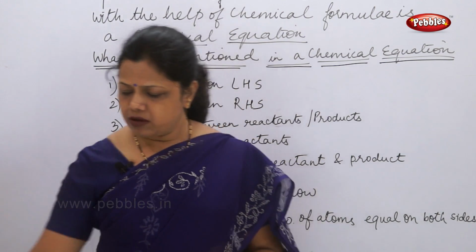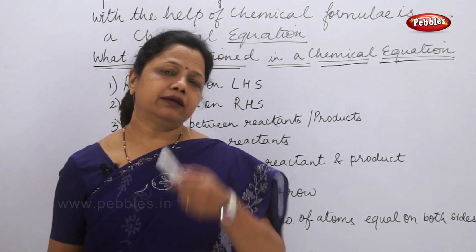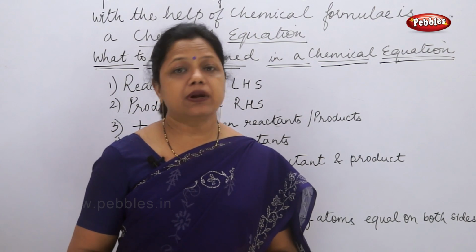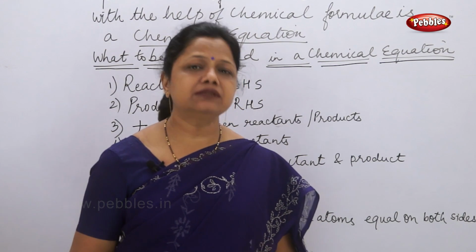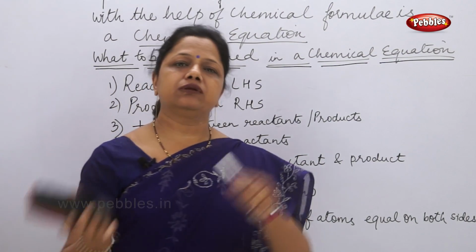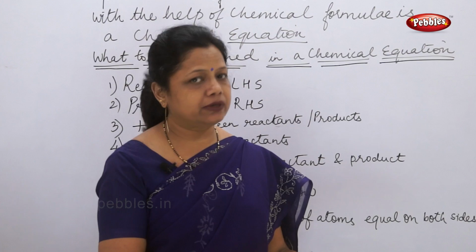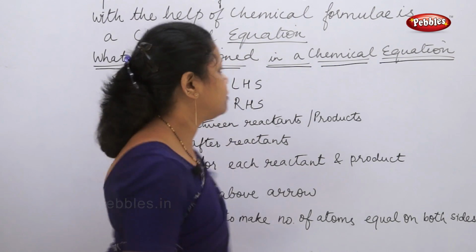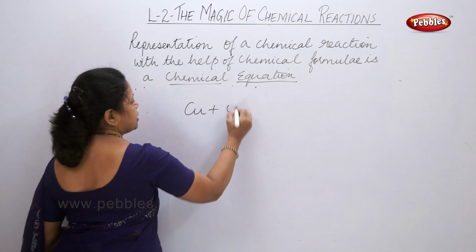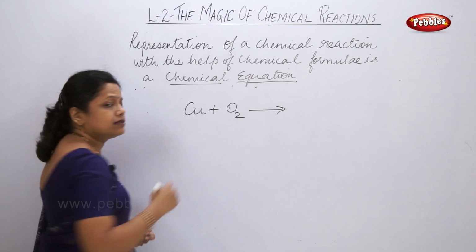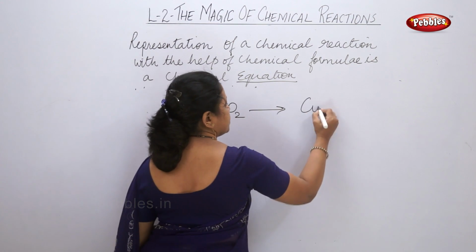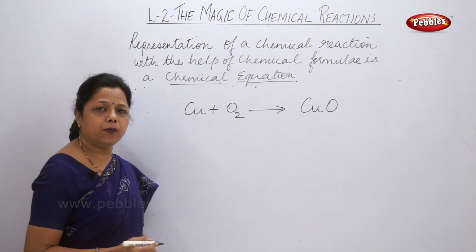Now simple thing, when a chemical equation is written, we are writing the number of atoms, the number of molecules depending on its formulas. But how to balance it? Now balancing means the number of atoms of any element on the left hand side should be equal to the number of atoms of that element on the right side. So I'll show you with one example. I'm writing a simple equation. Copper gets heated in air. That means when I heat copper, it reacts with oxygen of the air. It forms a product which is called CuO or copper oxide.